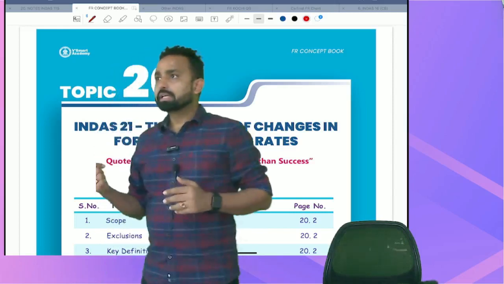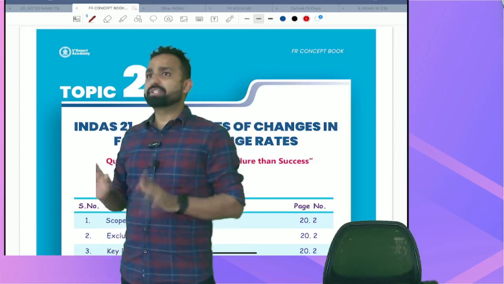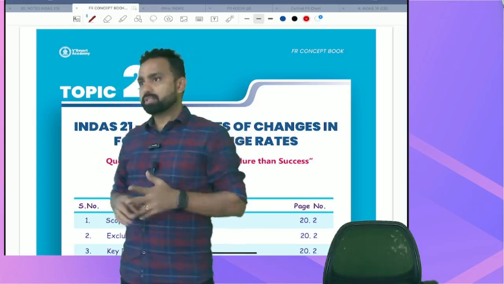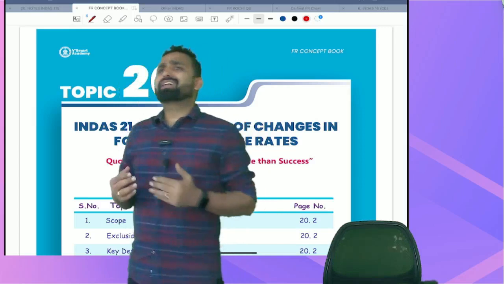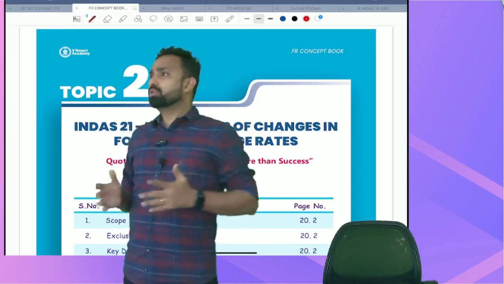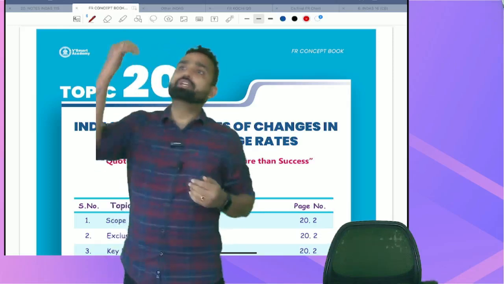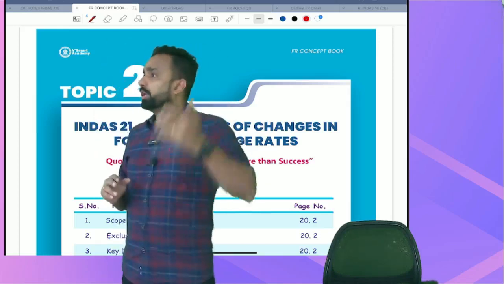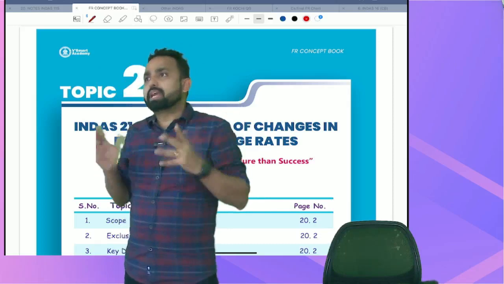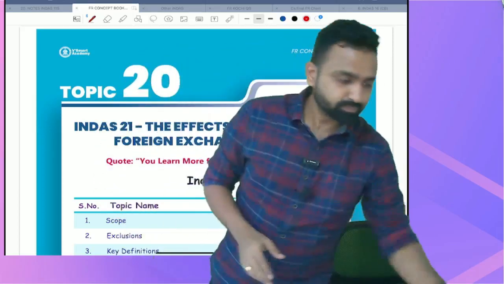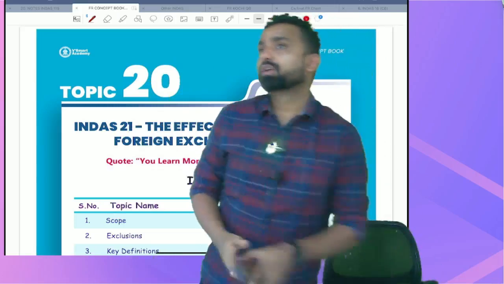Now, foreign currency. Any currency other than functional is a foreign currency. Foreign currencies can be multiple currencies also. Like I am doing foreign currency transactions in Australian dollar, in US dollar, in euro, in pound. Multiple currencies can be the foreign currency. Foreign currency can be more than one. Alright. Tell me guys, understood or not?